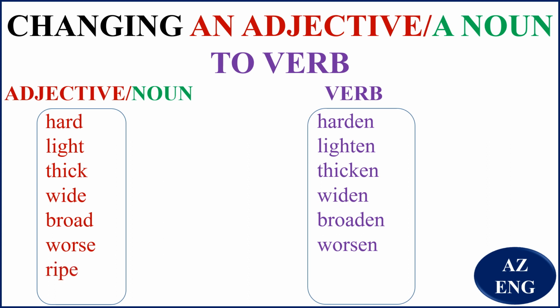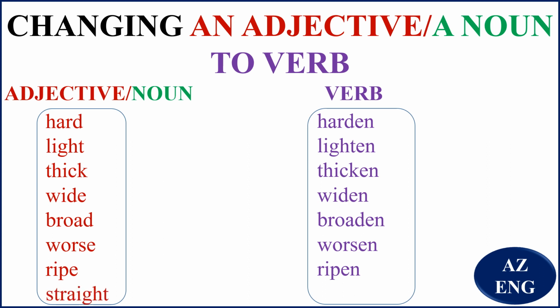Ripe. This is for fruit. If, let's say, an orange is ripe, you can take it. It's ready to eat. So even if you eat it, nothing is going to go wrong. To make it ripe, we say you should ripen it. That is, make it ripe. And I can say the orange ripens, that is, it becomes ripe. You make it or it becomes, either is correct.